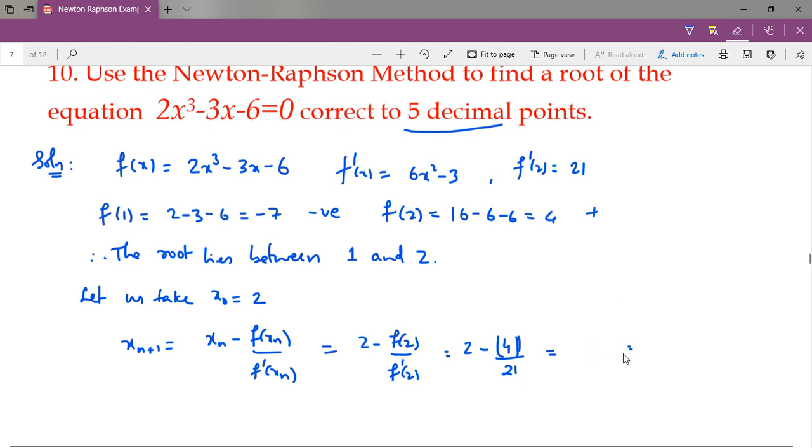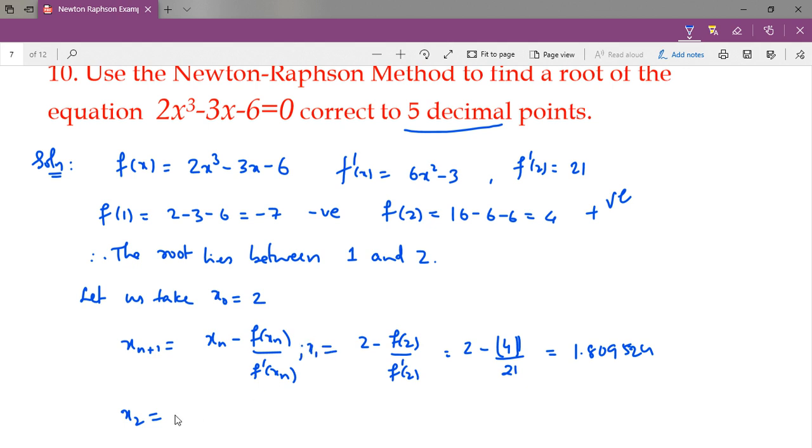So now this is going to be 2 minus 4 by 21, which is 1.809524. So this is for x1. Now for x2,